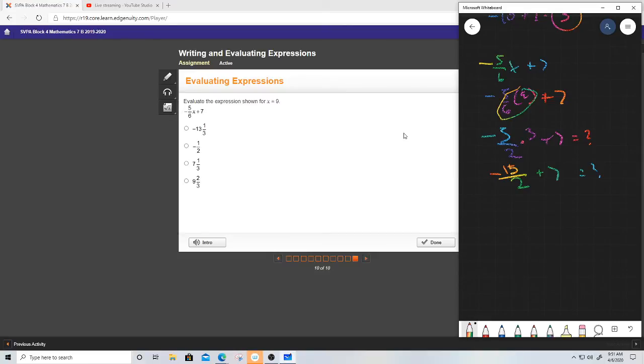Looking at our answers, you see our answers are all fractions? Well, probably what you want to do is convert this to a fraction. So negative 15 over 2 plus 7 over 1 equals something. And then what do we have to do to 1 to make it look like 2? Times 2, times 2. So negative 15 over 2